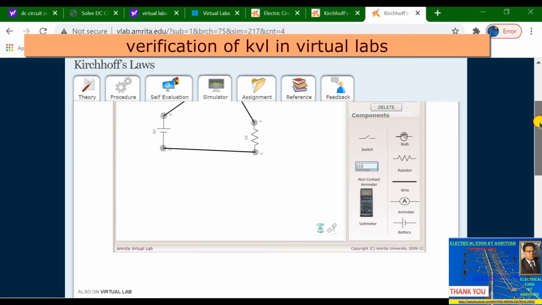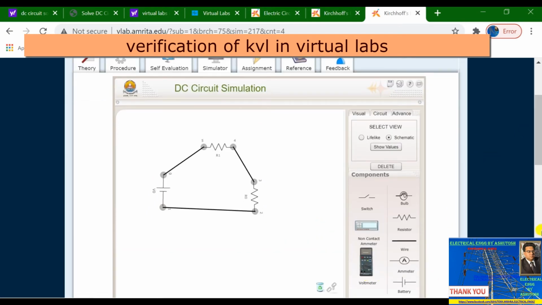Now you have to verify. Take the non-contact ammeter first. This is the ammeter, and it is a non-contact ammeter. You just have to bring it in touch with the wire. You will see the value of current over here, 0.05 ampere.